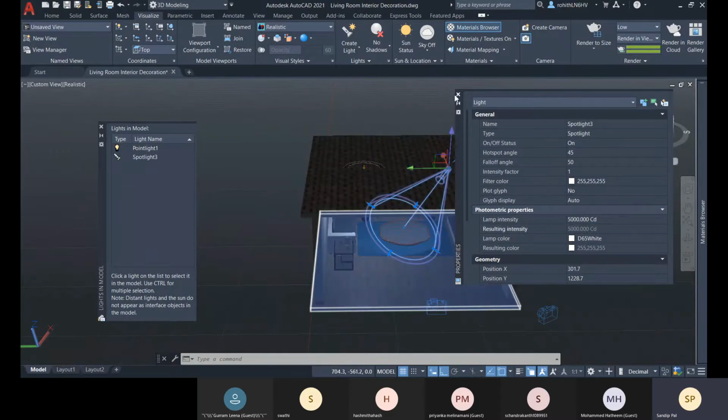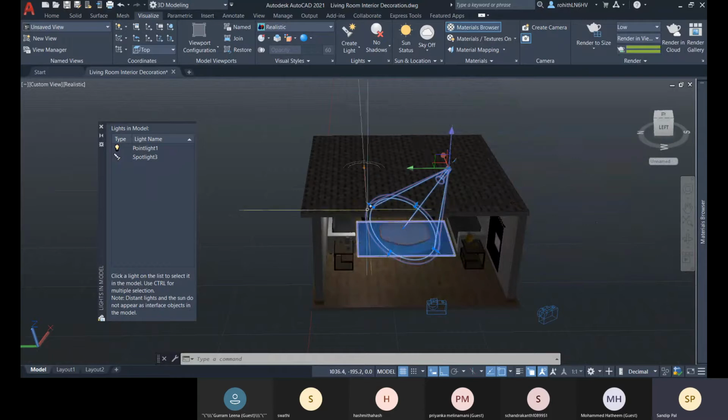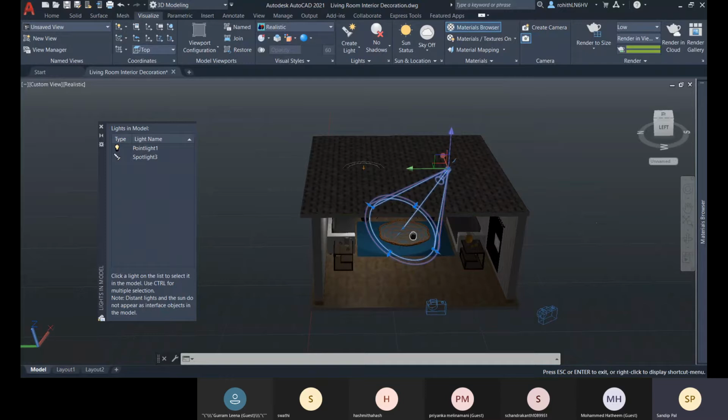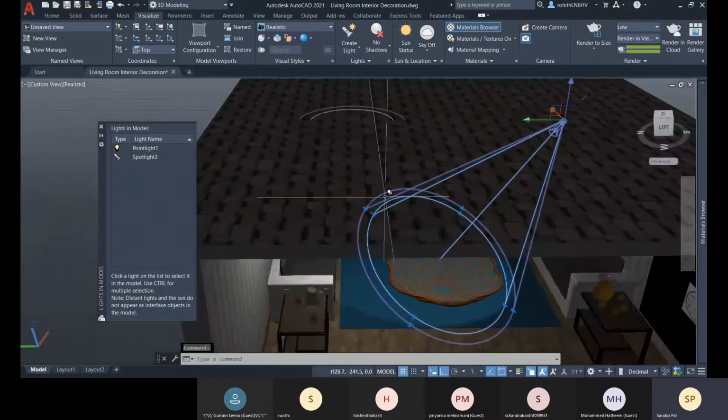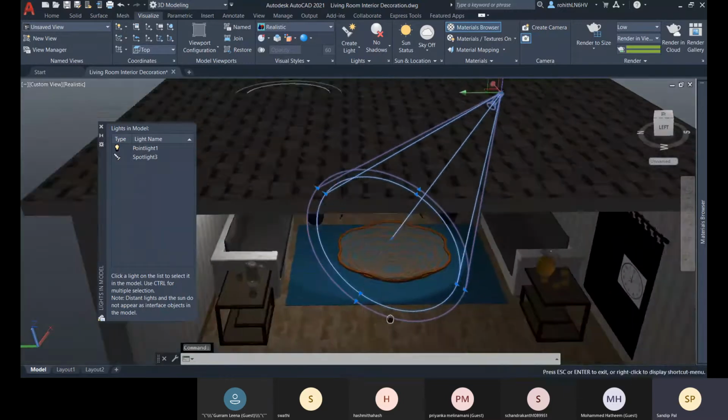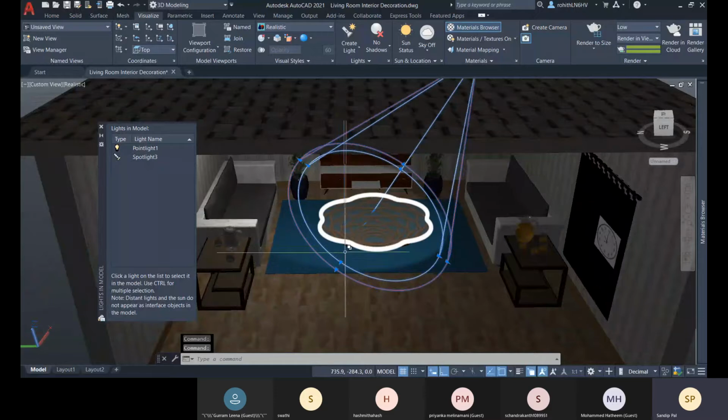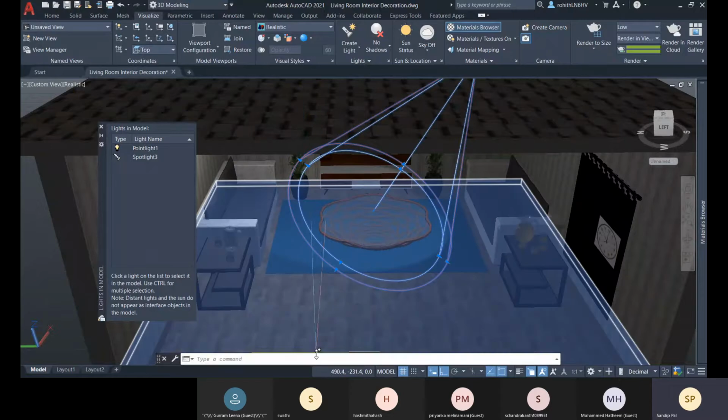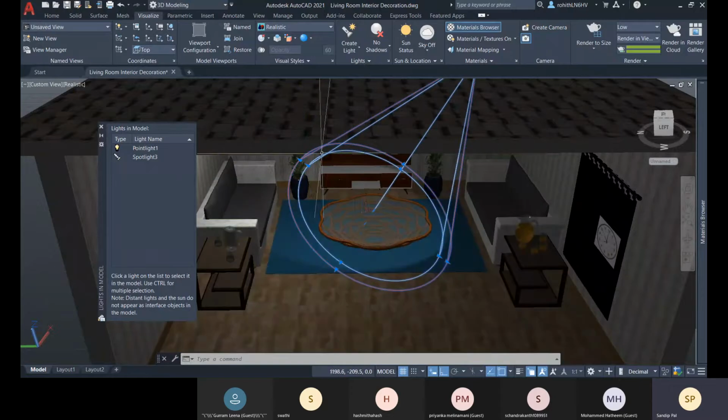For the spotlight, you can see one inner circle and one outer circle. The inner circle is called hotspot and the outer circle is called fall off. Your hotspot area has the highest intensity.